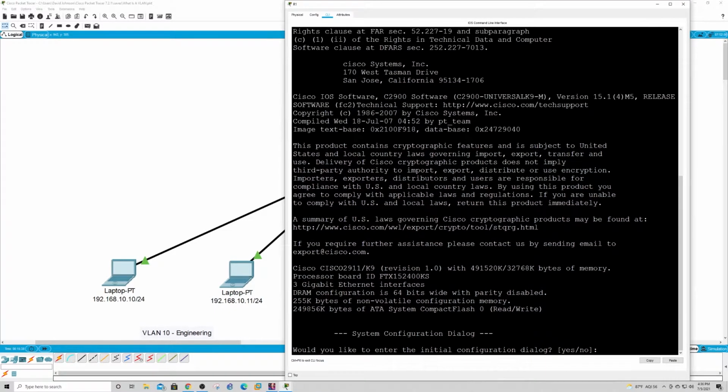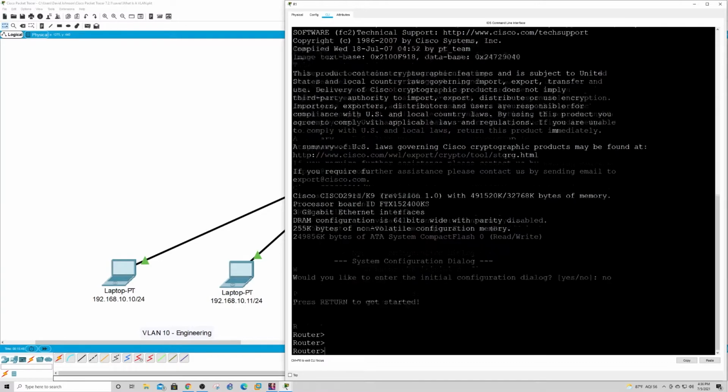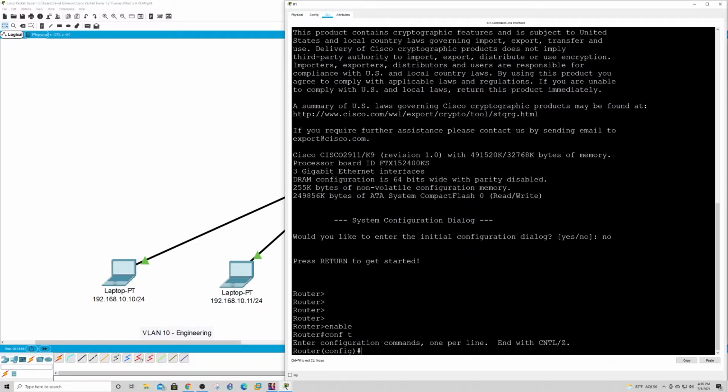So we're inside the router. Would you like to enter initial configuration dialog? And the answer to that question is no. So now we'll go into privilege mode, go into global configuration mode, and from here on the router on interface